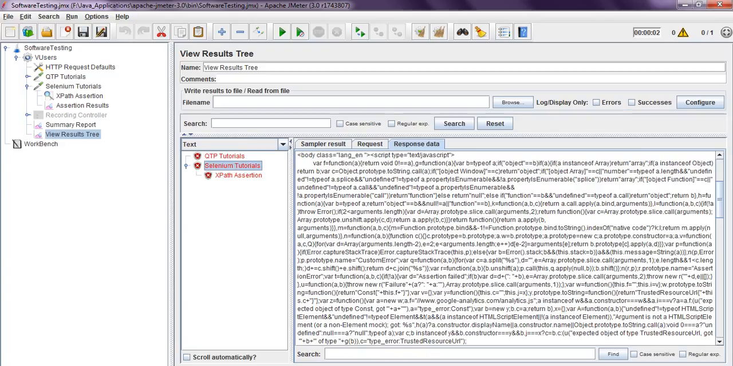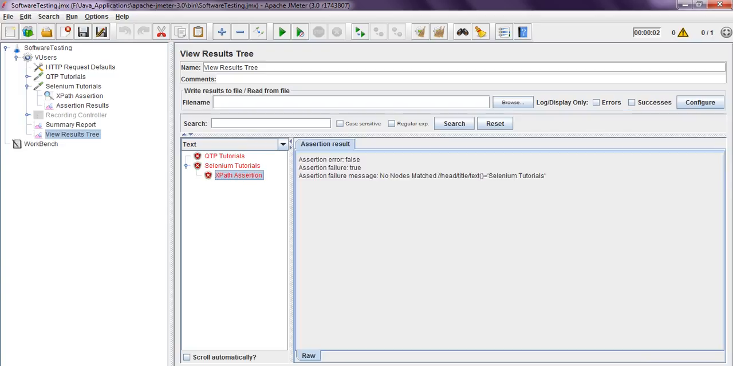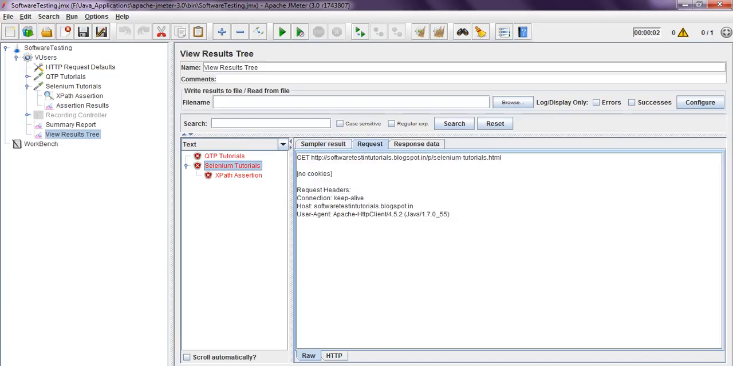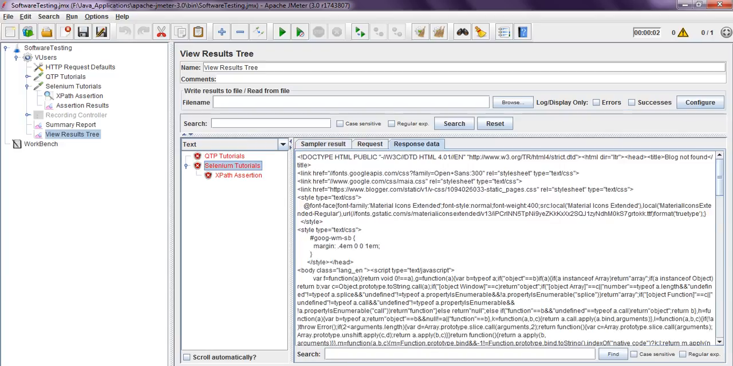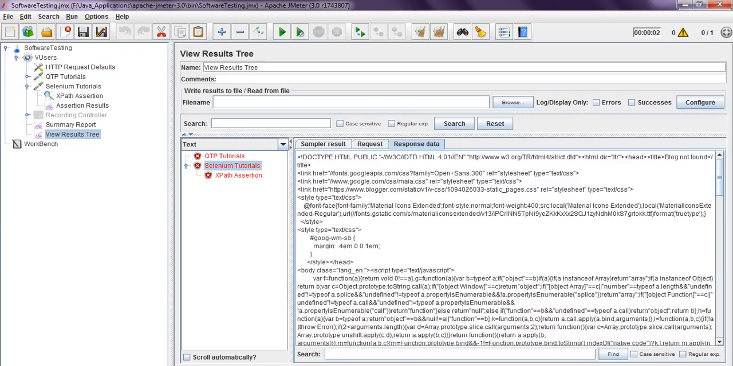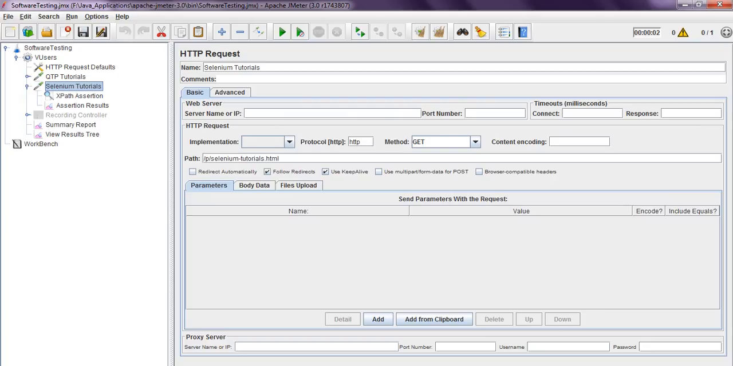Okay, let me clear this one. The response code is 404, that's why it is not giving any response properly. Okay, let me go to static. Let me use this one, let's see what will happen. Okay, if you run this one,